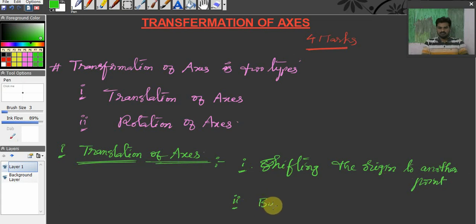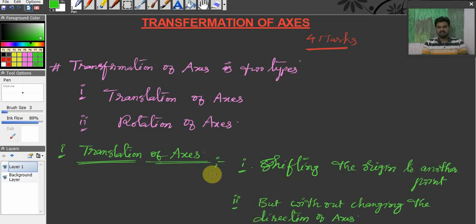But without changing the direction of the axis. Such a type of transformation is called the translation of axis. The most important conditions are shifting the origin to another point, but without changing the